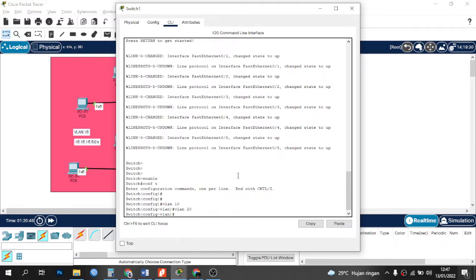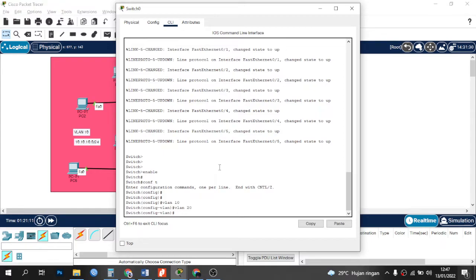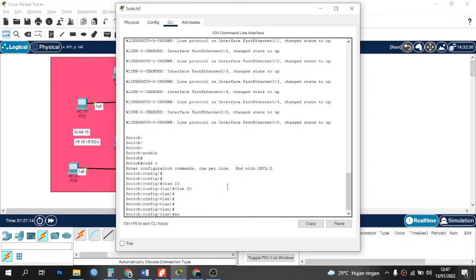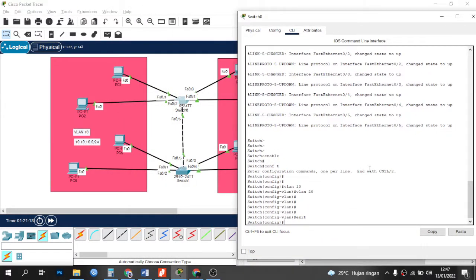Now let's enter each interface into a VLAN. On the left, put each interface into VLAN 10, and on the right, put each interface into VLAN 20. Okay, let's start on switch 0.